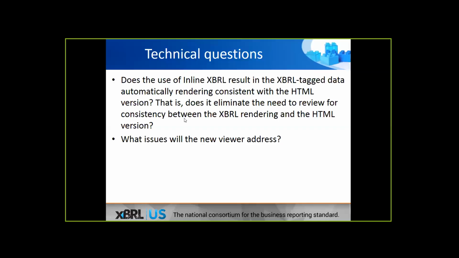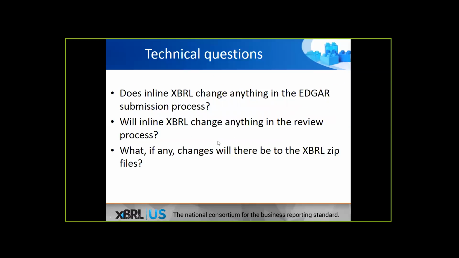Okay, so Michelle, if we go to the next slide, does Inline XBRL actually change anything in the EDGAR submission process? In the sense that there's a particular attachment called a .ins file, which would no longer exist. If you're filing in Inline XBRL, that attachment is not necessary because you don't need a separate instance document. All the information, all the tags are already in the main filing. So there is one less file to produce, I'm sorry, to attach to your EDGAR filing.